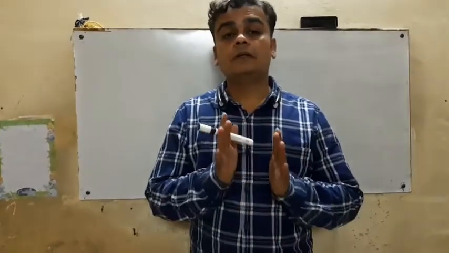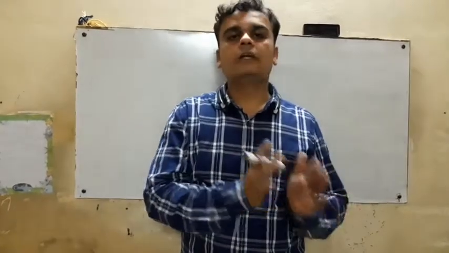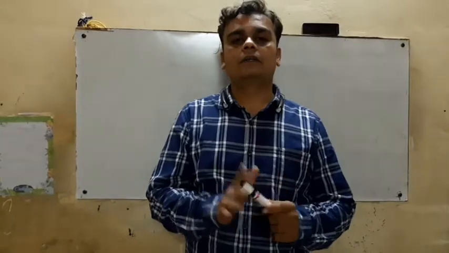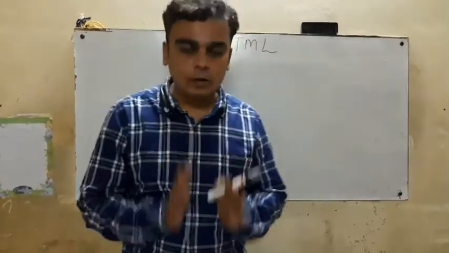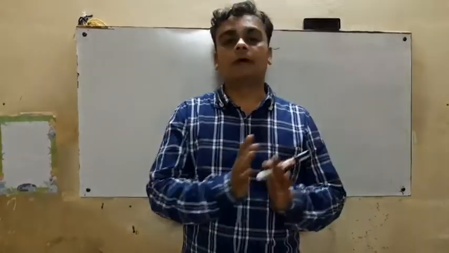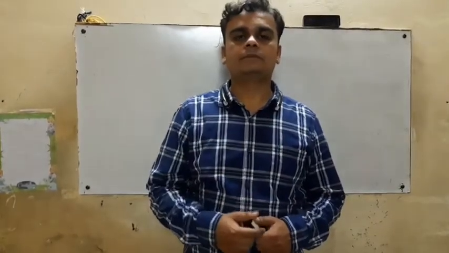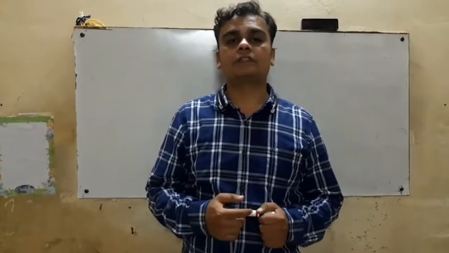But you keep one precaution: while you are drawing the output, it should be a perfect one. The division of 5 marks is 4 plus 1. 4 marks are allocated for the output, whatever you have drawn, and 1 mark is for proper labeling. So let me start. First of all, we are going to take the HSC board question.